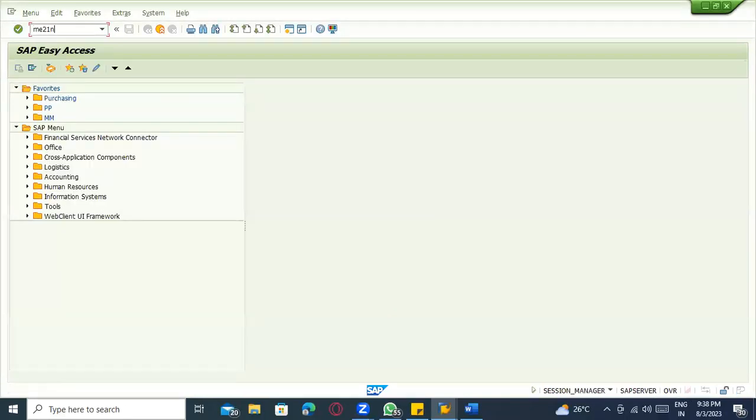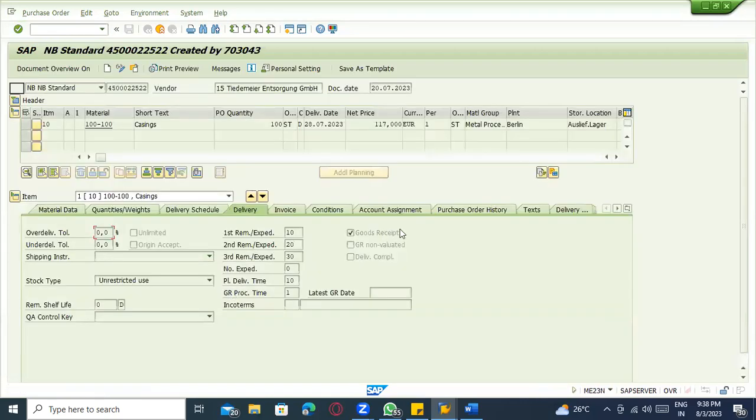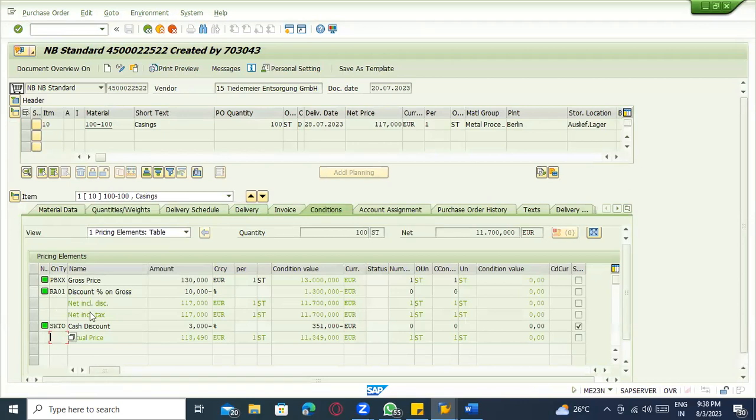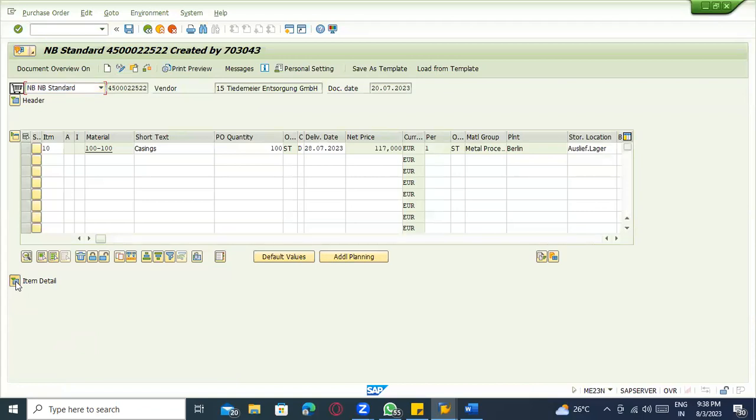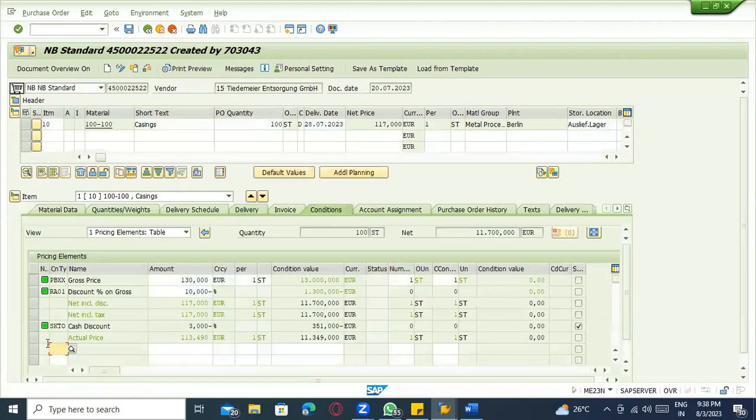Okay, so if you go to ME23N or something, for condition types, some condition types we can maintain the vendor separately. If you go to any of the condition types here, if I maintain FRE1 or something, FRE1 is granted no delivery cost.